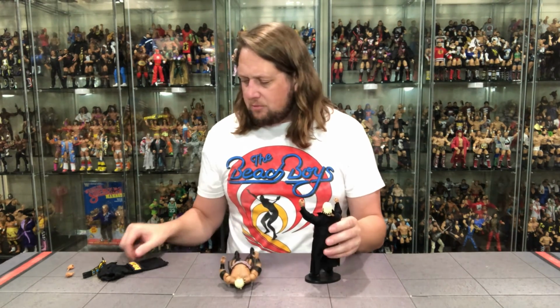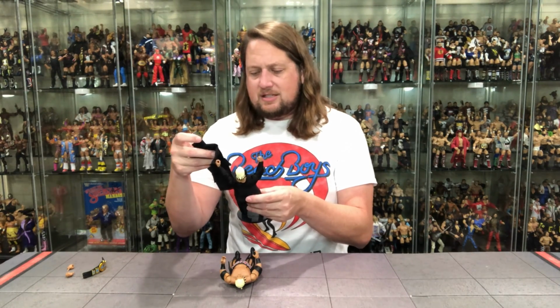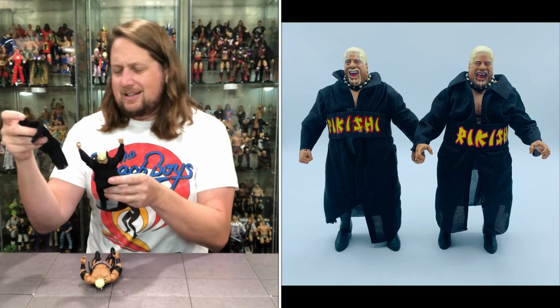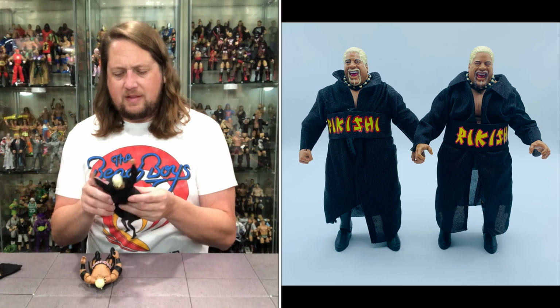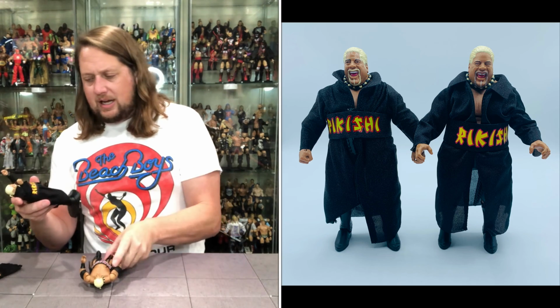But we do get the same robe going on. I guess we'll compare the robe now. Once again, you get Rikishi, the same with the buckle around there. But this version, newer, is a little bit more dull, but a little bit larger font. So there is points of differences between that, like we're seeing. And then everything else is pretty much the same, except you don't get...